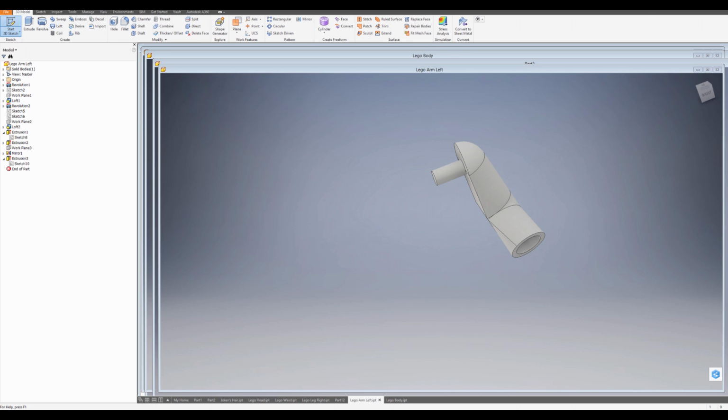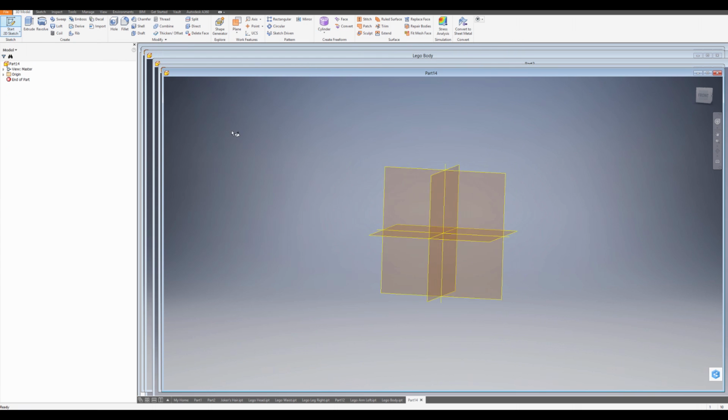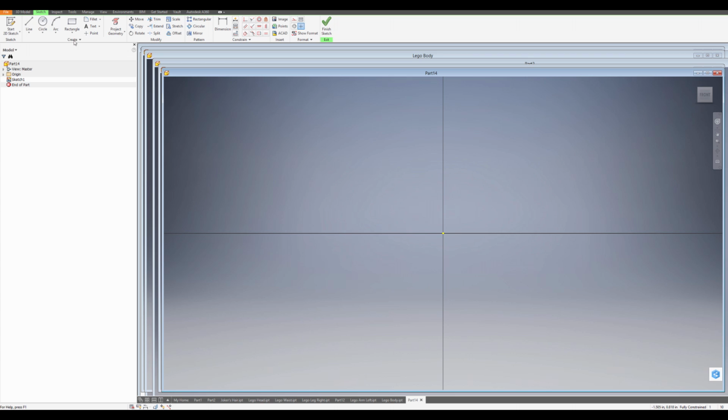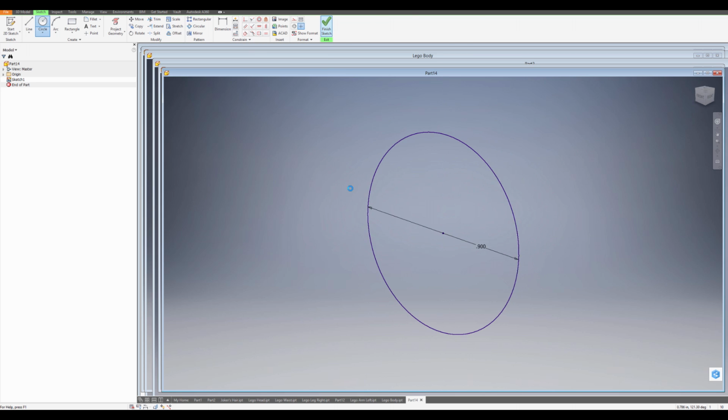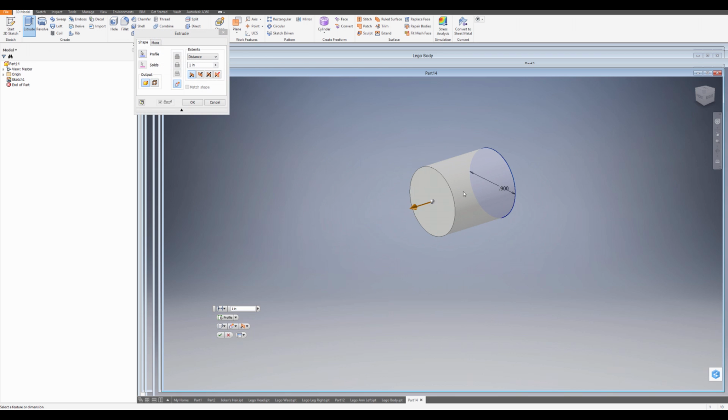Okay, let's go ahead and add in the hands, and then we've created all the parts. So File, New, Standard.ipt, and Start 2D Sketch, and click somewhere. We're going to start with a circle, and let's do it directly in the center, and make this 0.9 units. Enter, finish sketch, and we're going to extrude this out a total of